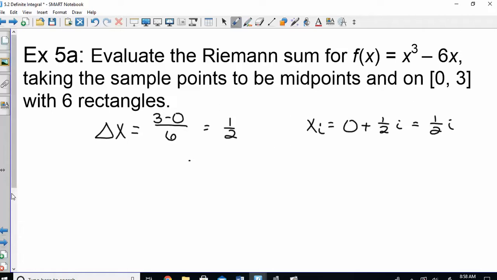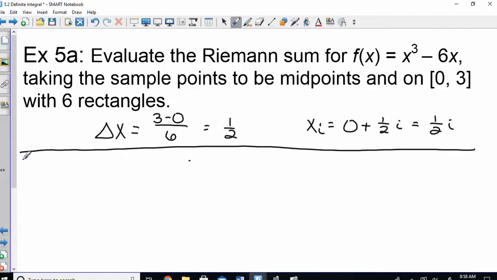Okay, so two options for how to proceed from here. You can do it like we've done it in the past, and I won't fault you on that if you want to, where you just actually write out all the pieces. So, I don't know, should I do both? I'll show you that, and then I'll show you another way. So, from here, two options. Option one,